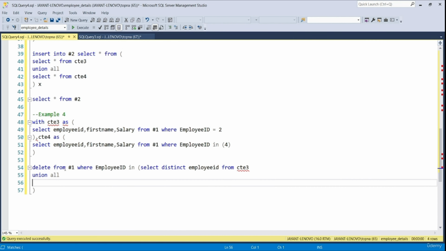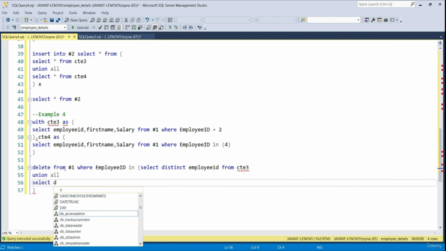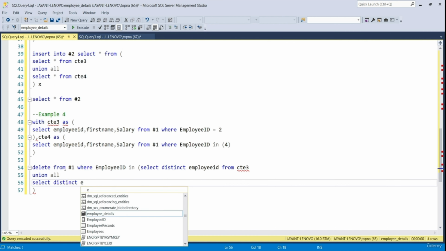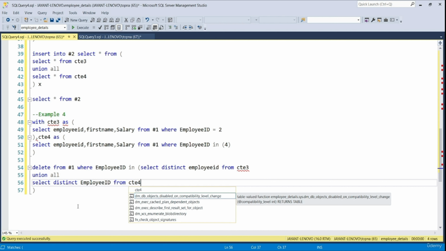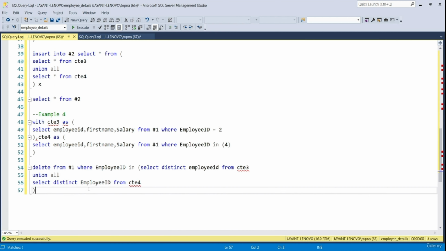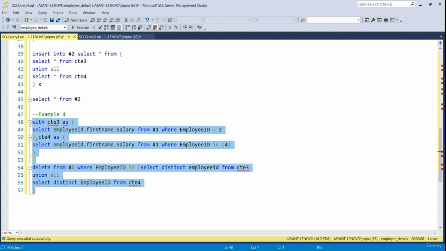And after union all, we can write select distinct employee ID from CTE4. So basically, the employee IDs from CTE3 and CTE4 will be clubbed, and from those distinct employee IDs, according to those employee IDs, the data will be deleted from hash 1 table, right? So we can write it in this way, and let's execute this statement written in line 48 to 57, and